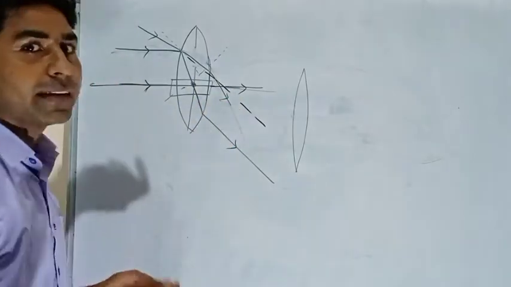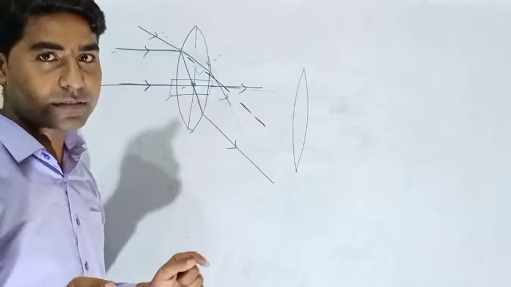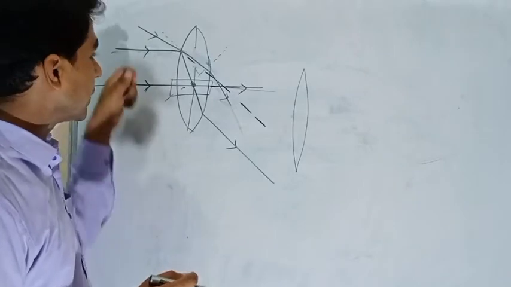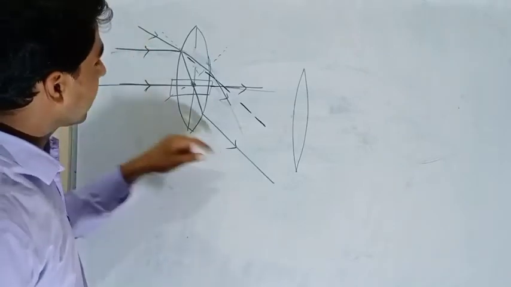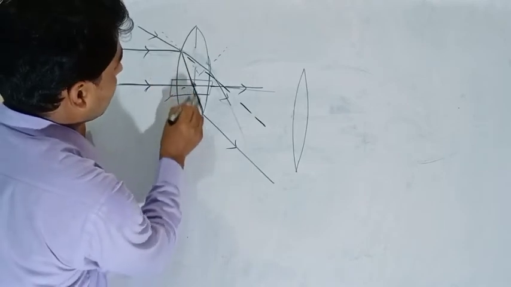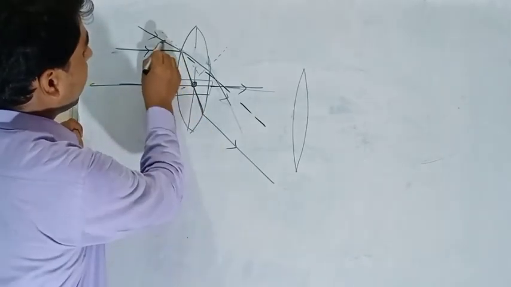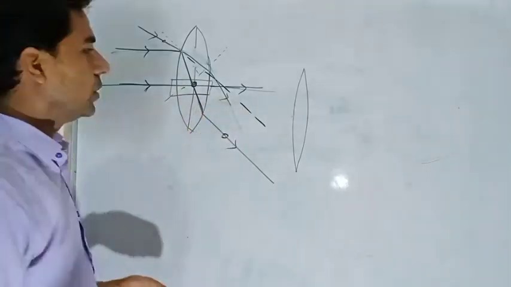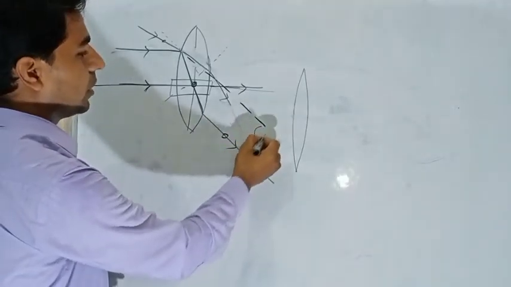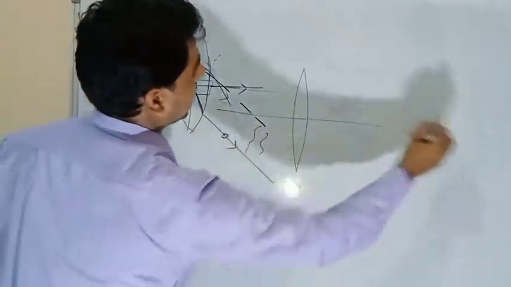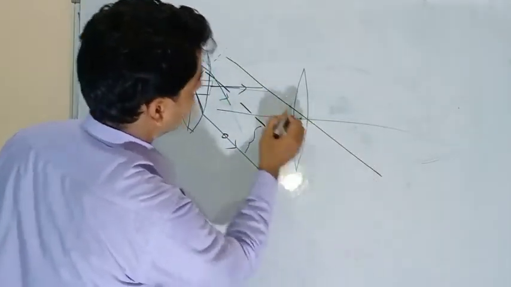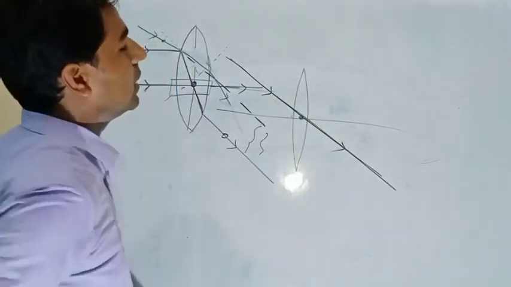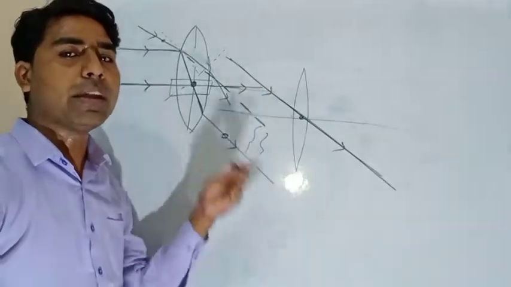So how can you say that at every point the ray will go straight for the thin lens, wherever the ray falls? No. For the ray which is going through the optical center, the incident ray and the emergent ray will be parallel to each other, but the lens is thin, so this shift will be very small. So at that time what will it look like? It will look like this, it will pass through the optical center point. So we can consider the shift is very small and the ray is going straight.